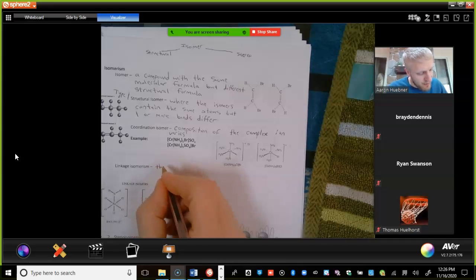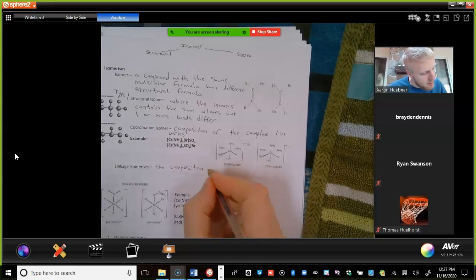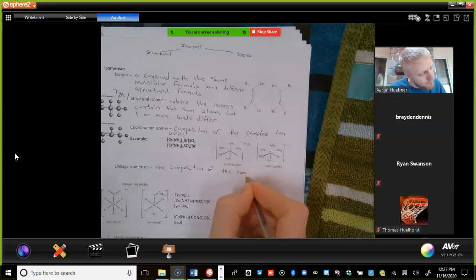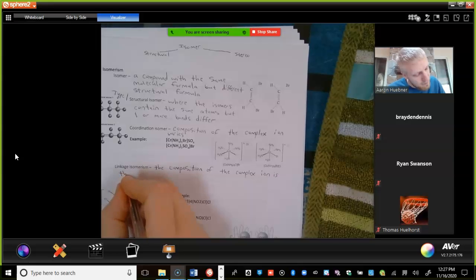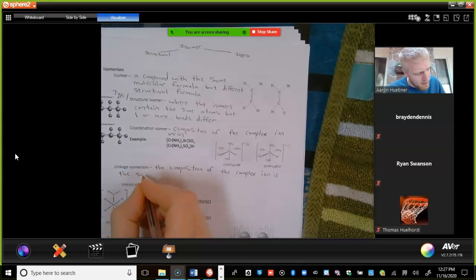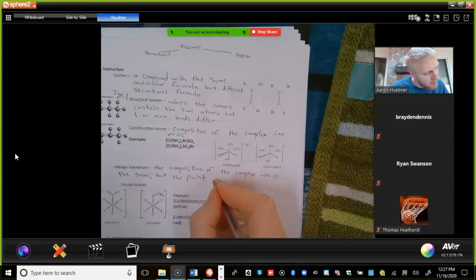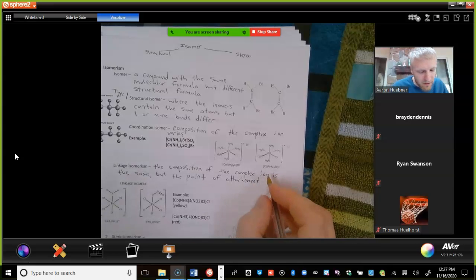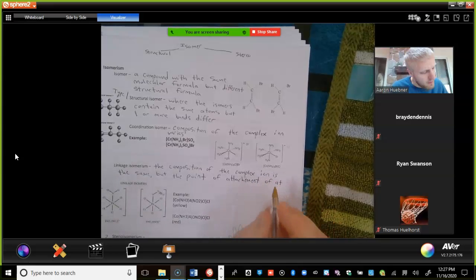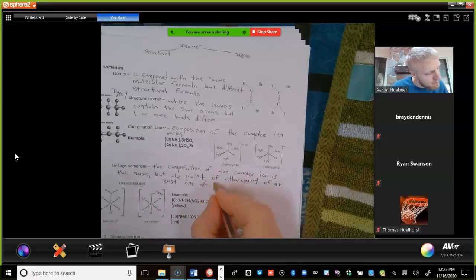I guess let's write the whole thing. Yeah. Composition of the complex ion is the same, but the point of attachment of at least one of the ligands